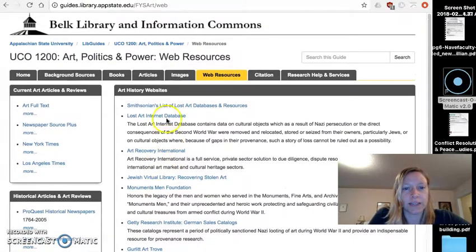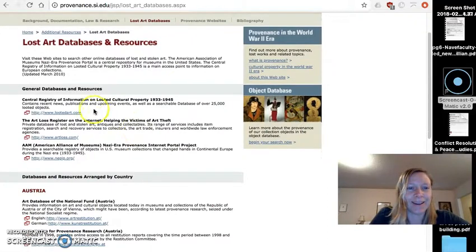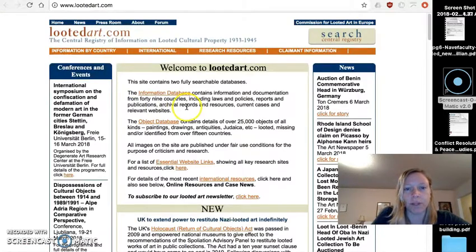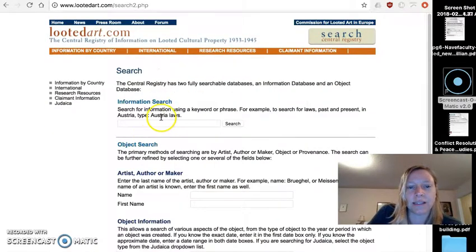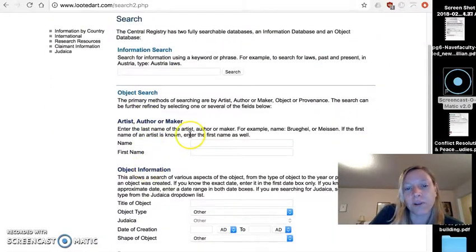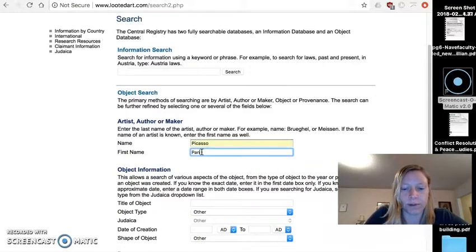So looking at any of these, let's look at the Smithsonian's list of lost art. And you can see the general databases. Something like lootedart.com is going to be very helpful. So if you go there, you'll see information databases and object databases. If you go to an object database, you can look for a work of art by a particular artist. So in this case, I'm just going to show you, you can do something like Picasso, first name Pablo,